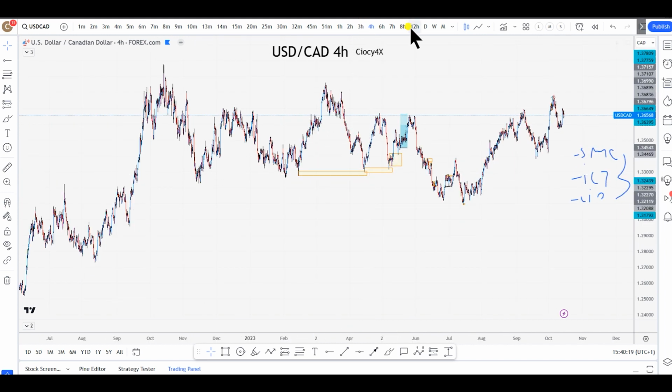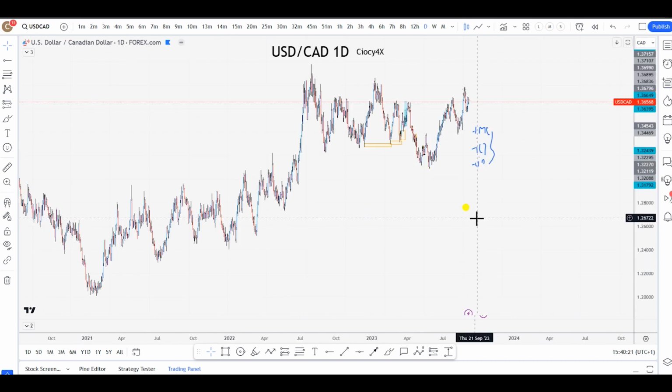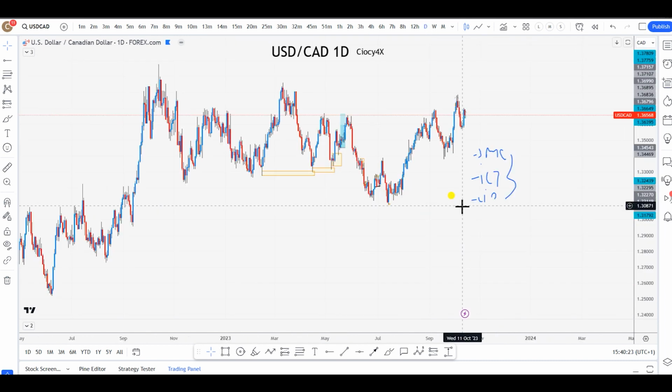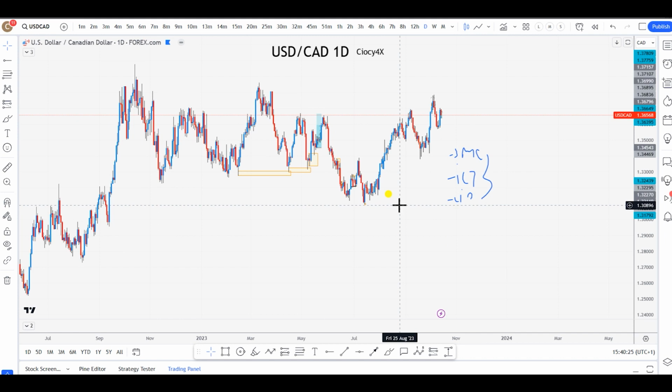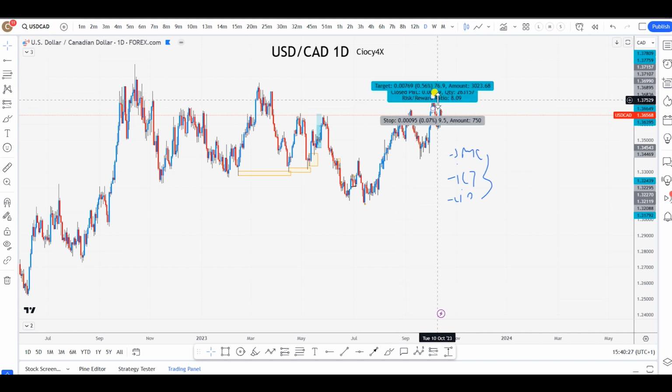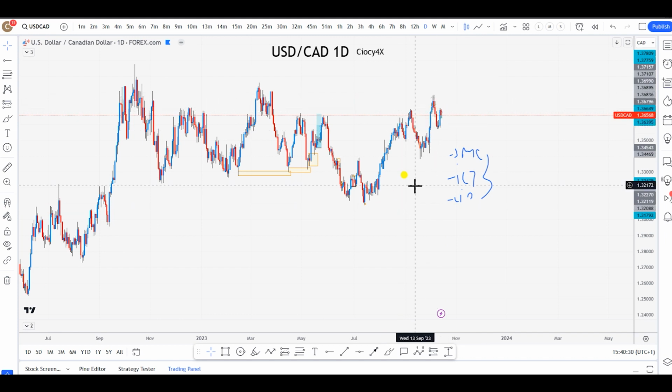All right, so now if we go to daily, what we can see in USD CAD is the following. I'm starting from daily. This is the current price action, this zone over here. We can clearly see that price has reached an important supply zone to the left, which is on daily, so higher time frame, which is very important. Why it is important is because if you can see the order flow, you can see that this is the range